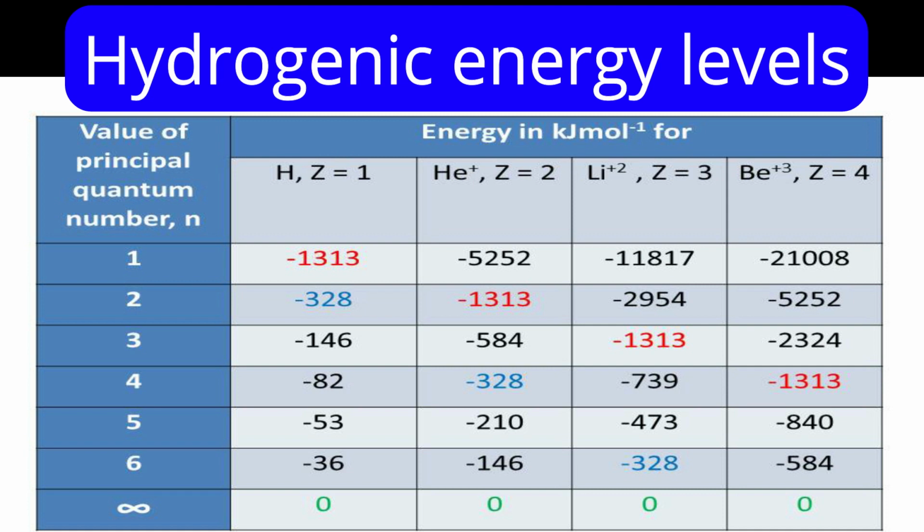So the deepness, whatever I was saying for the first shell, will be more clear by keeping the highest energy level as reference. With respect to the highest energy level, with increase in atomic number, there will be more decrease in the energies. Now, only up to beryllium plus 3 calculations are shown. We can extend the calculation to boron plus 4, carbon plus 5, nitrogen plus 6, likewise.